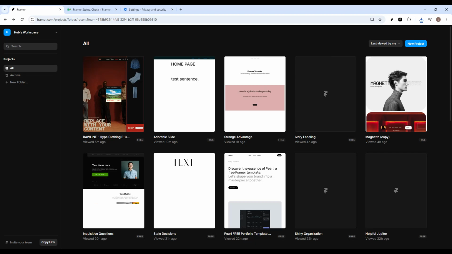If your Framer site is not updating, don't worry. In this video, I'll show you the fastest way to fix it step by step. This is a common issue, especially when you've just made changes and the live site still looks the same. The good news is that in most cases, it's something simple like needing to republish, refreshing the cache, or checking